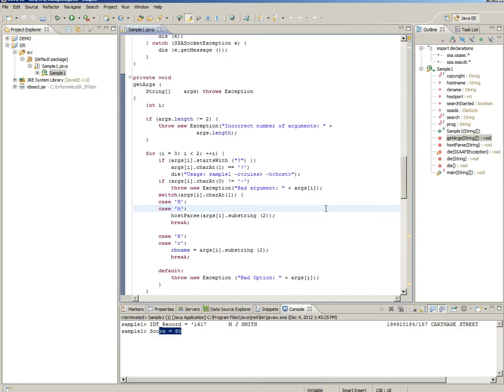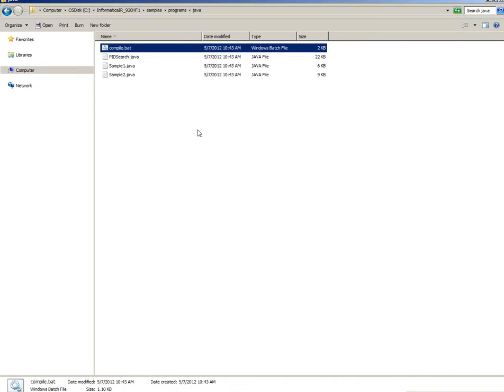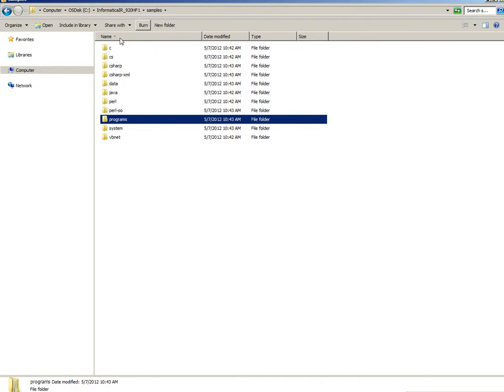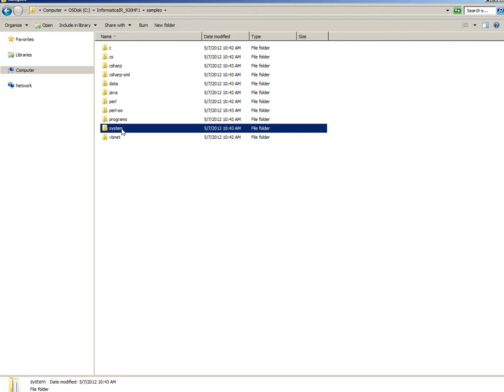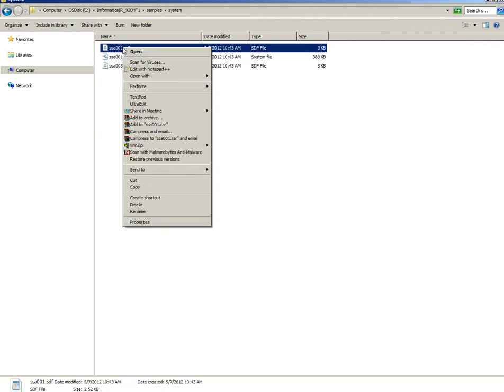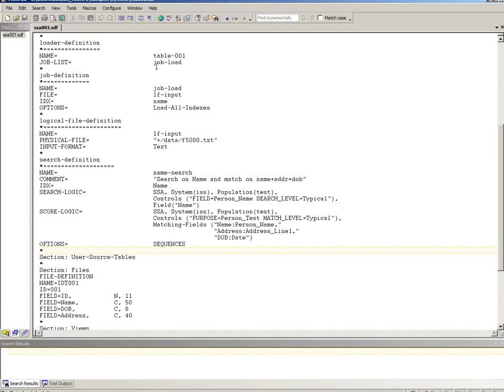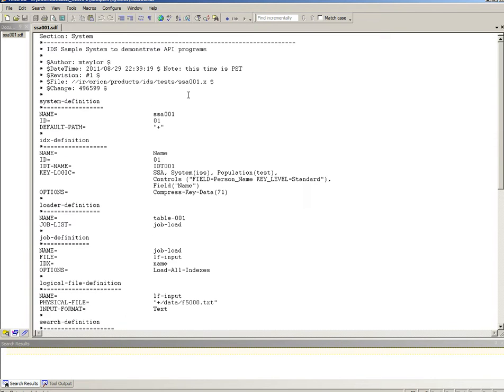But before that, you should have a system created. Because when you are sending a search request, it needs to know what the system name is and what the search name created is, that particular rule base. Now, where do you find the sample SDF? If you go back to the samples folder, there is a directory called system. In this, we bundle a sample SDF called SSA01.hdf. The system name is right here on the top. You can use this,